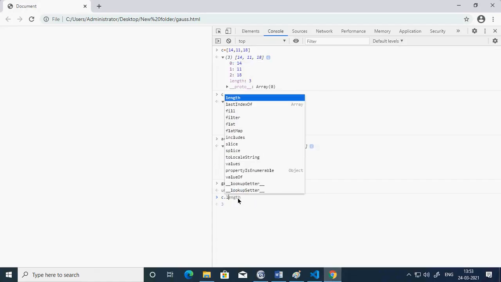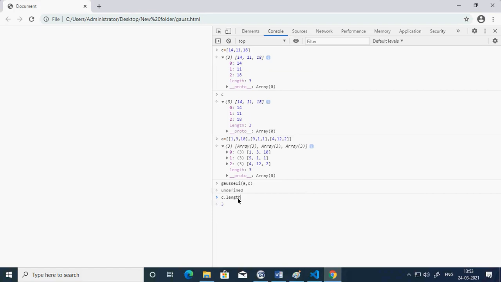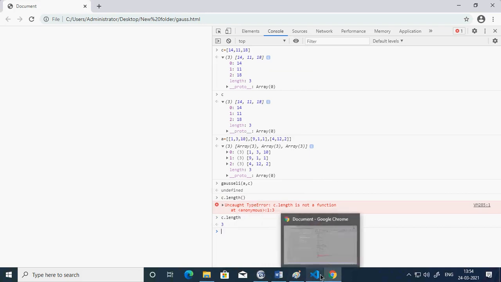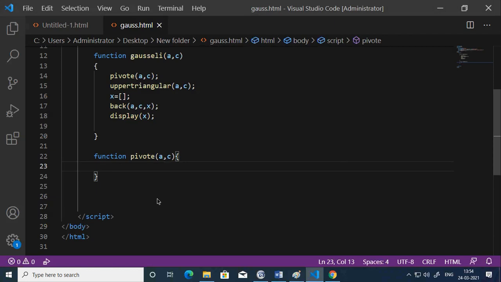So C dot length. Okay, 3. So if I type C dot length, I will get how many numbers are stored in a particular array. So in this way I can get the size. Okay, so that size I will require first.